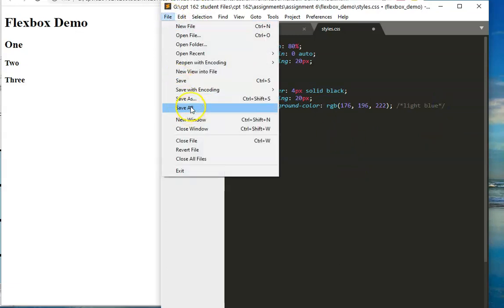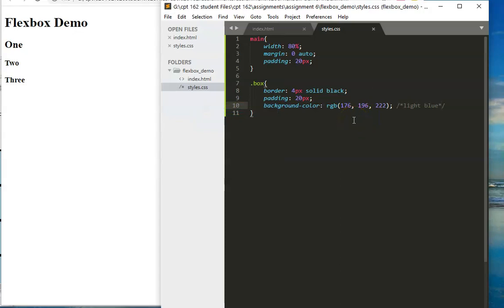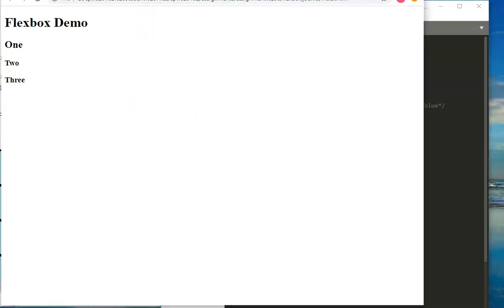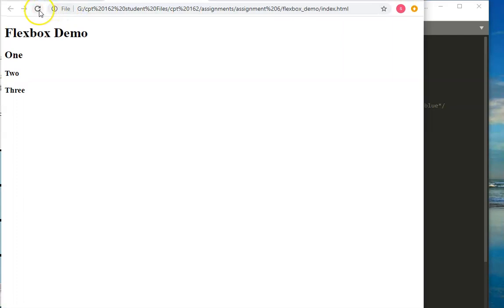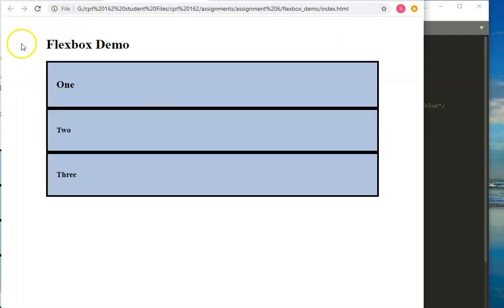We'll do File, Save All. And I'll come out here, move this down a little bit, and refresh. All right, so there's our main with our 20%, 80%, so it's 10% on each side. And then we have our boxes, they're block level elements, so they're going to span the entire container of main. All right, so now they're ready to go ahead and